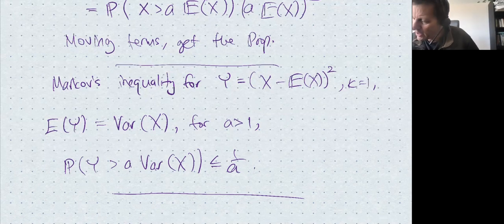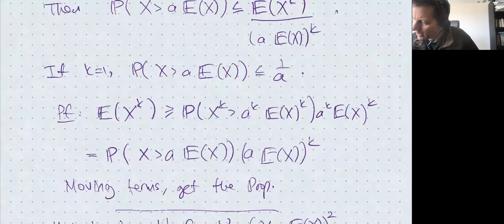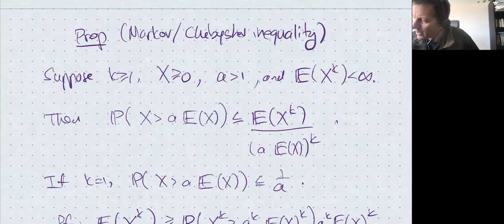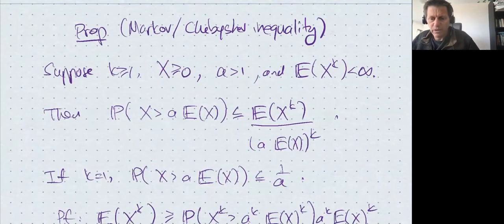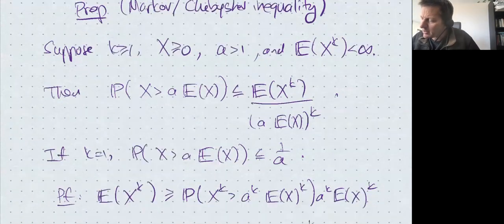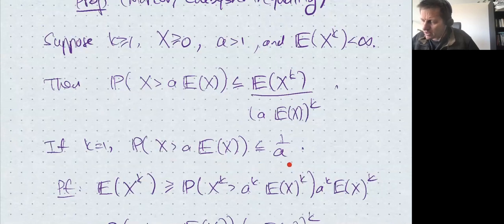Another thing I should say here, which is also trivial, but I guess I should say, I assumed throughout that a is bigger than 1, but I didn't really use that a is bigger than 1 anywhere in the proof. In fact, it's not really important that a is bigger than 1, but this inequality is useless when a is smaller than 1 because this is the probability space. So this number is always at most 1, and this bound becomes trivial. And here also, because of Jensen's inequality, this is also a trivial bound somehow when a is smaller than 1. Okay.